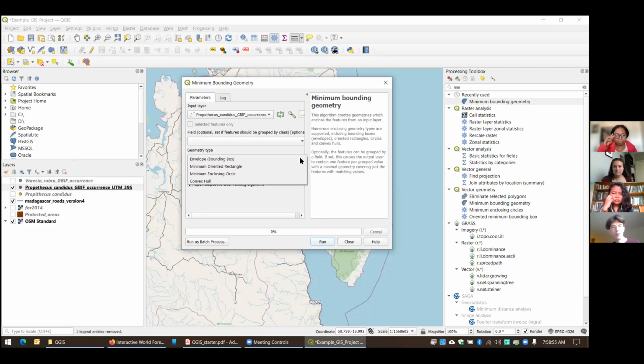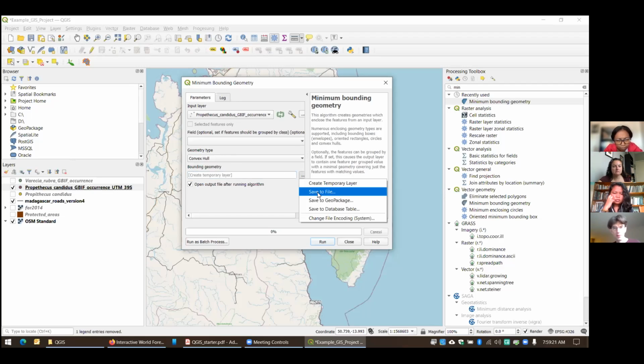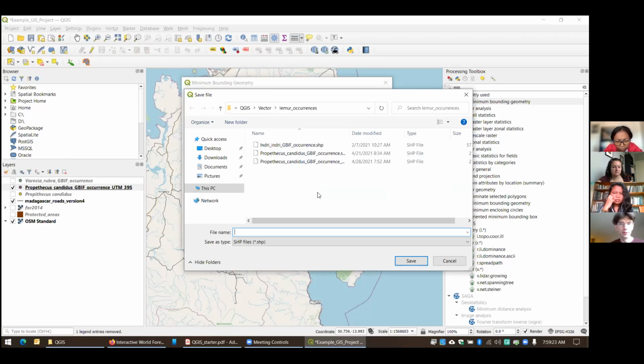And down here is where we select the geometry type. So what kind of a bounding rectangle or polygon do you want to build around this data? So a minimum convex hull is going to be that. So it's just labeled as convex hull. And then finally, we have this. Do you want to create a temporary layer or do you want to save the layer? So I'm going to go ahead and save the layer by clicking on that and clicking save to file. And I'm actually going to leave it in the Lemur occurrences file.